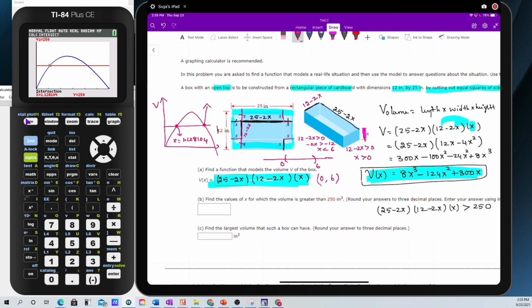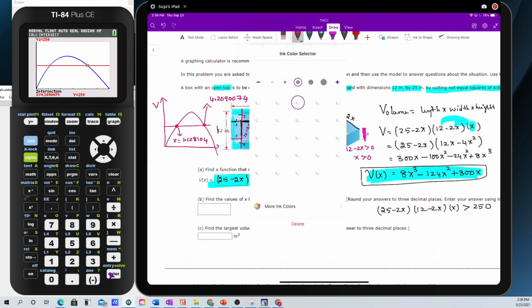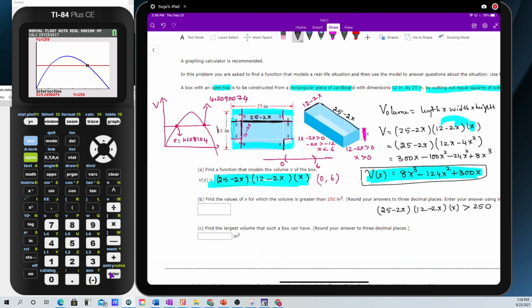So repeat the same process, go to second calc, intersect again. Now go to the rightmost point. Okay, and then enter, enter again, and that's going to be 4.209074. So here if I look at this, because it's saying round your answer to 3 decimal places,